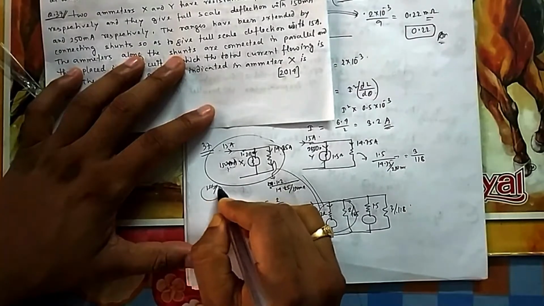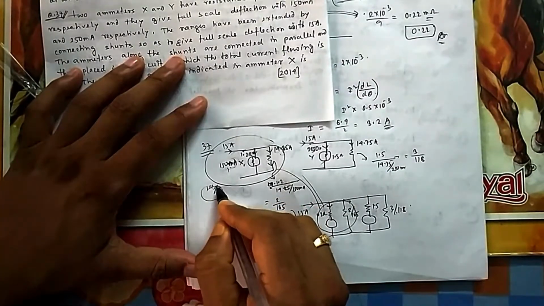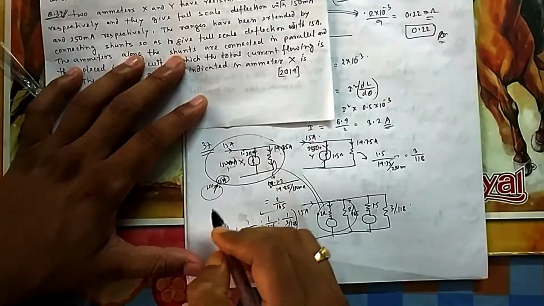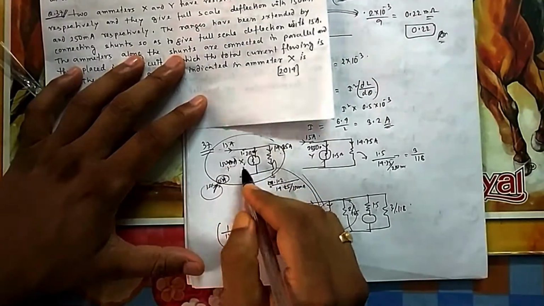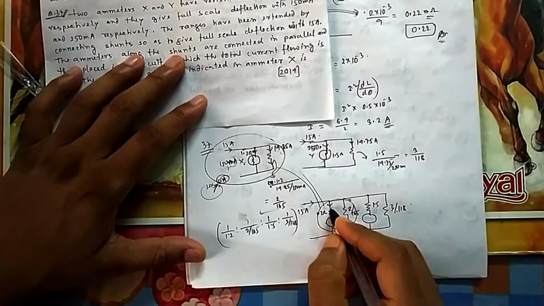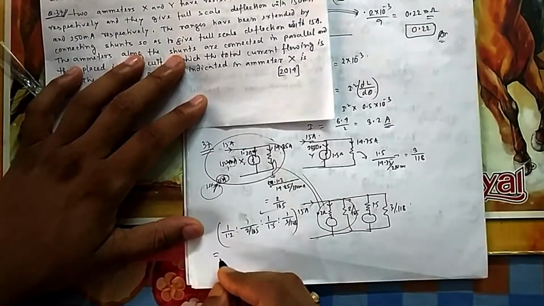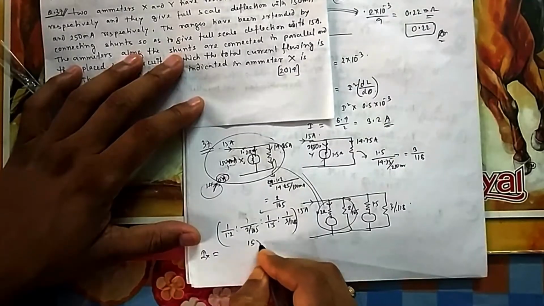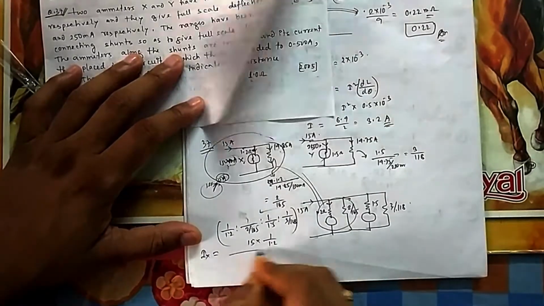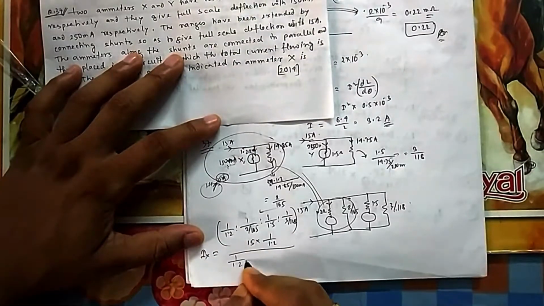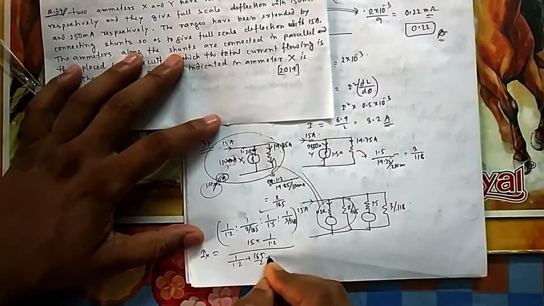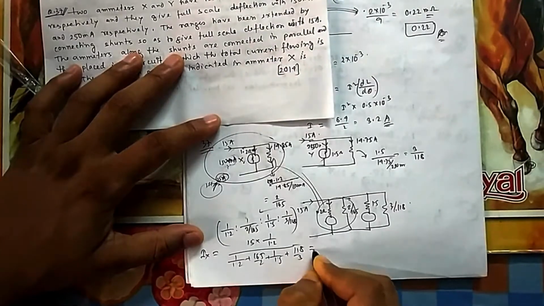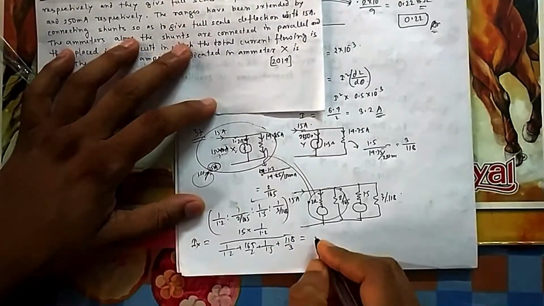The dial will be calibrated in such a way that wherever the needle stops, I will put 15 ampere there. So you can say it is 15 ampere, but actually it is 150. So let me see actually how much current is flowing through it. So Ix, the current through the meter, is 15 into this divided by the sum of all this plus 165 by 2 plus 1 by 1.5 plus 118 by 3. So if you do this, I think you will get 15 by 148.